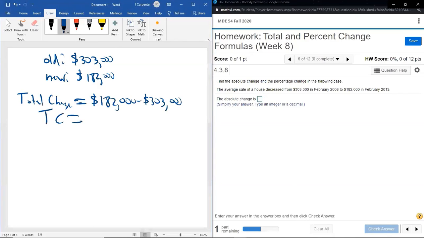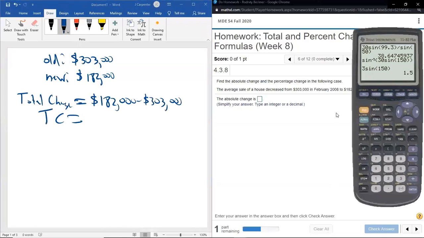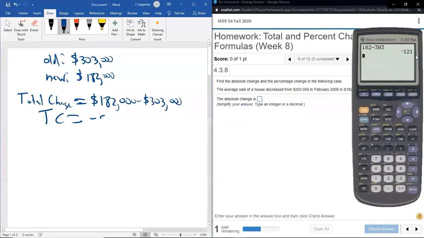And if you really need to pull out a calculator for that, you can. You don't really need the zeros. I can tell you they're just going to subtract perfectly. So we're doing 182 minus 303. I can just tack on the zeros afterwards. And that's negative 121. So negative $121,000. In other words, that was a decrease in value of